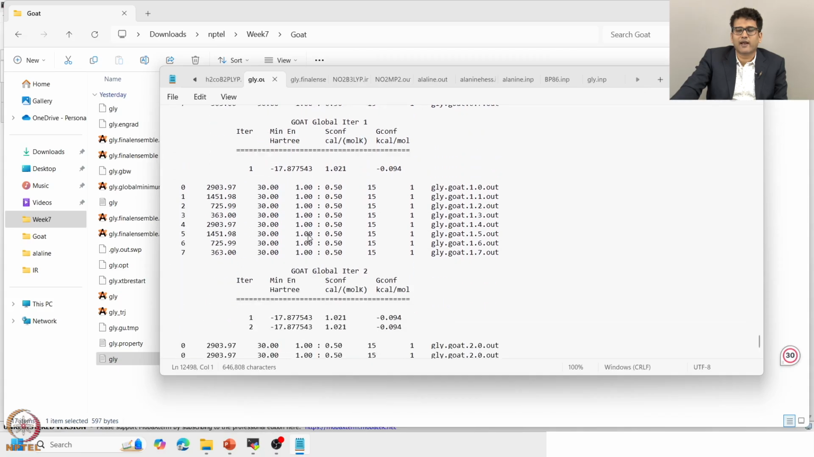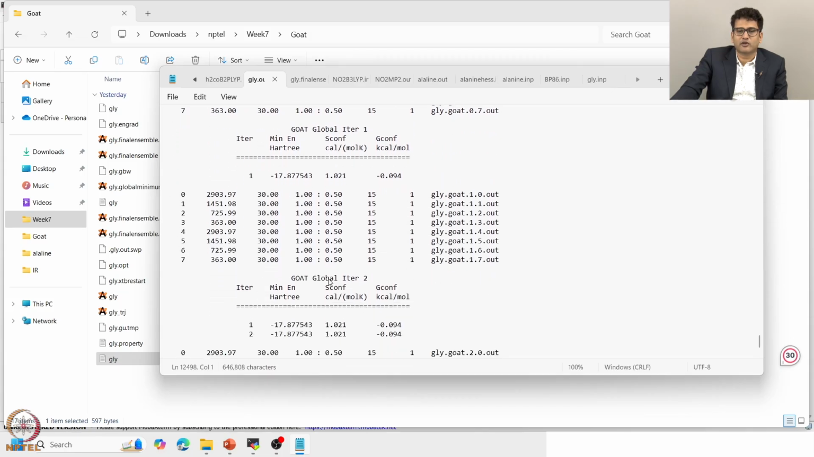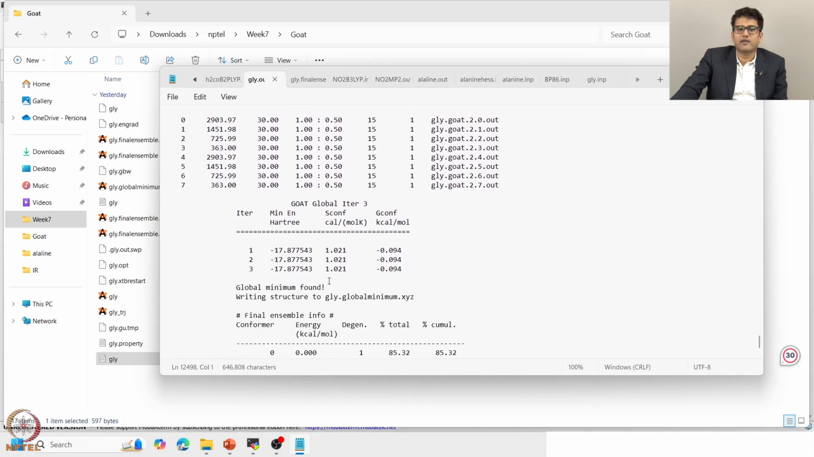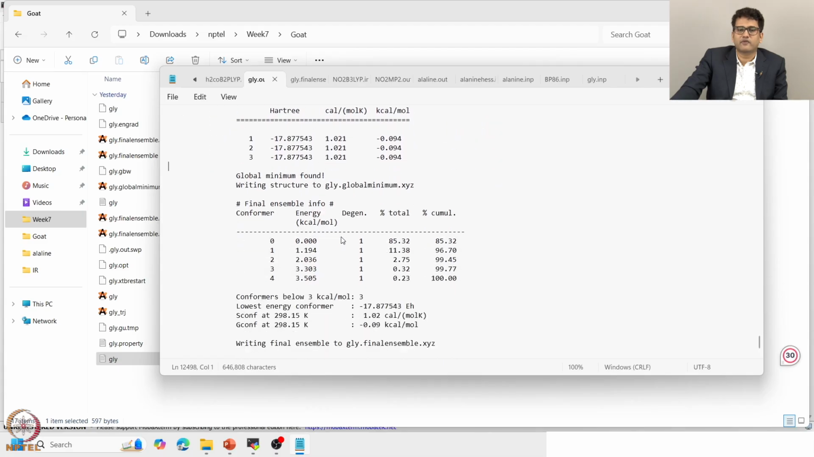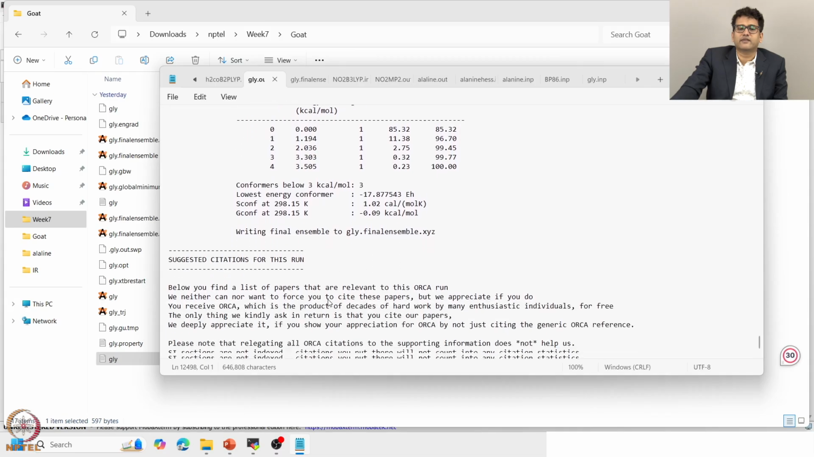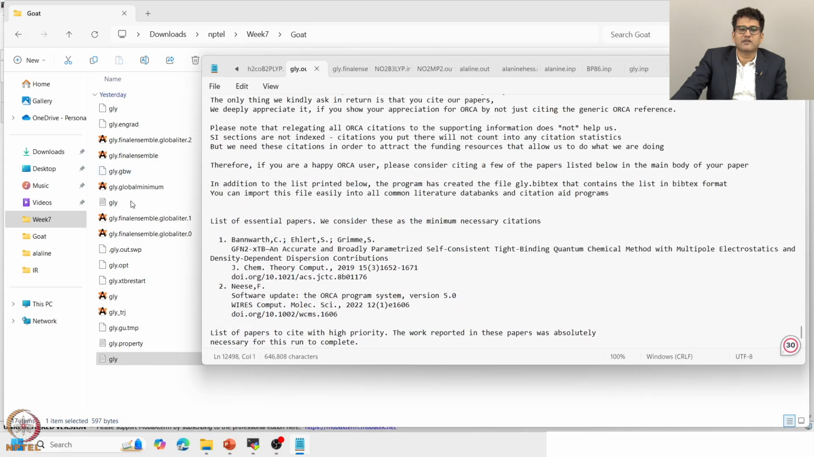If you run like this, at the 0th iteration these are your conformers, then you have global iteration 1, global iteration 2 and global iteration 3, and by the time of iterations 2 and 3 no additional global minima is found. So that is what it is now going to print. So this is your 0, 1, 2, 3, 4, 5, 6. Your final ensemble is written to glycine final ensemble, and your lowest energy structure is written as